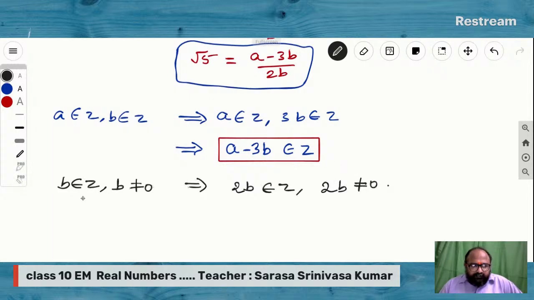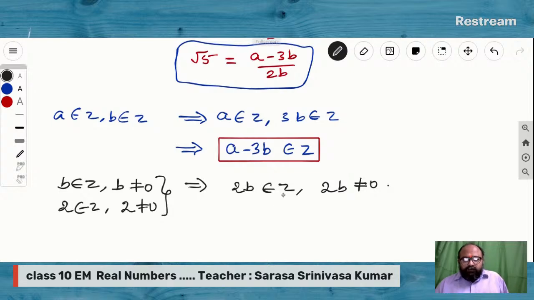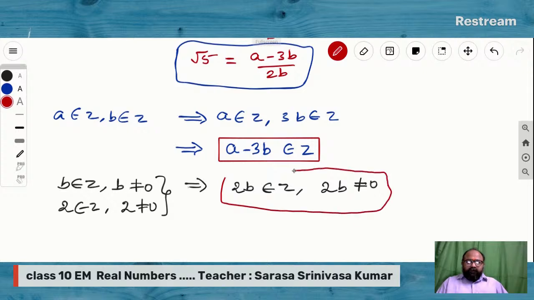This is why, because 2 is also an integer and 2 is not equal to 0. So from this we get the denominator 2b is an integer and it is a non-zero integer. We proved this. So from these two statements, that is the numerator is an integer, denominator is a non-zero integer,